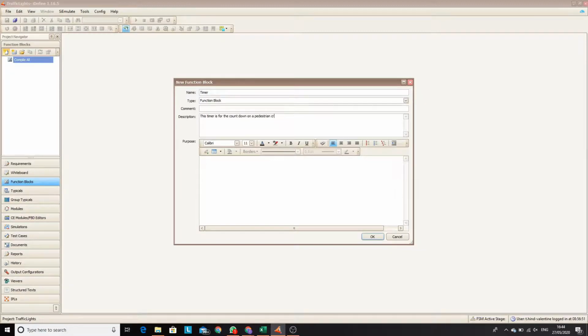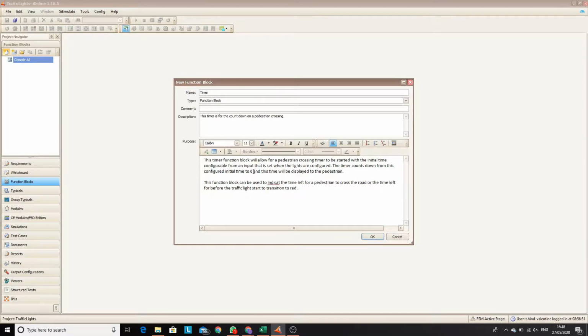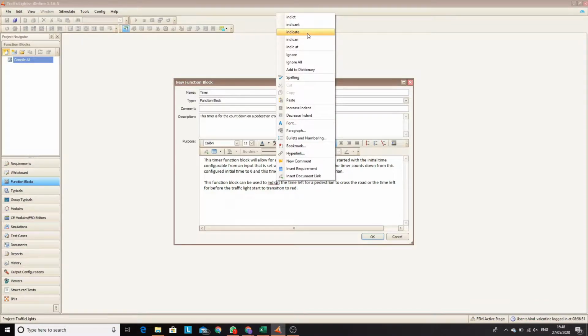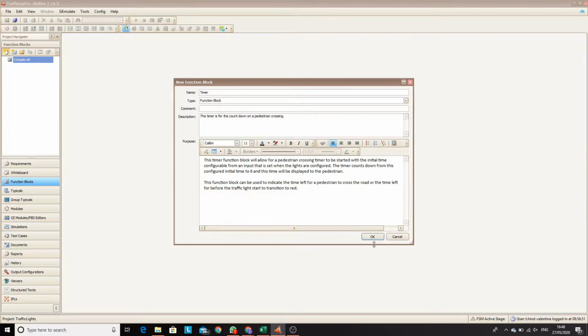So I'm going to quickly create a new function block, and I'm going to call this one a timer. Now I'm going to do a timer because timers are common throughout all areas, all systems, so I thought it'd be a good idea to create something that everyone can relate to. So this description is describing exactly what the timer will do, and this timer will be providing the timer for a pedestrian crossing, knowing when to cross and when not to cross, and how long is left before the light goes